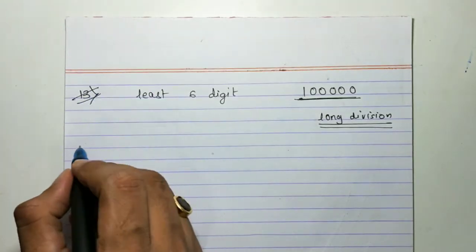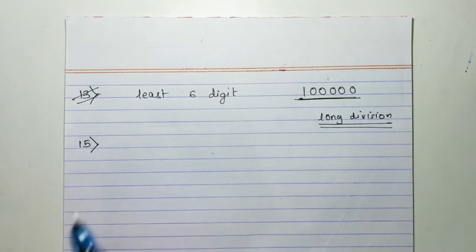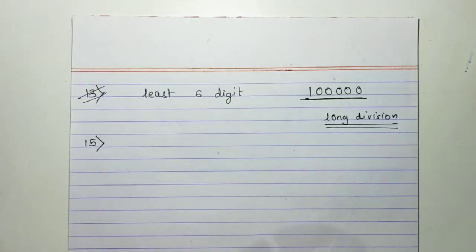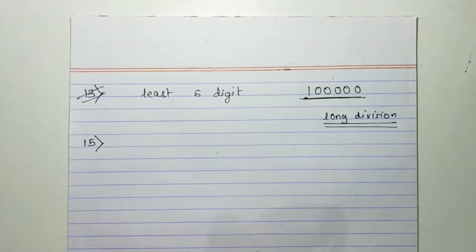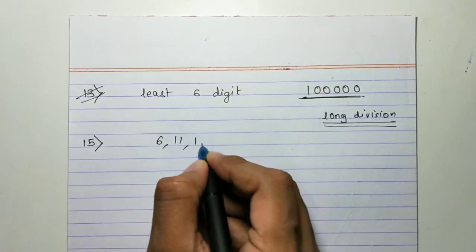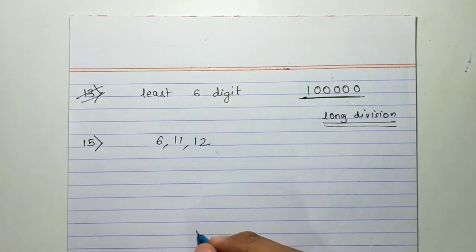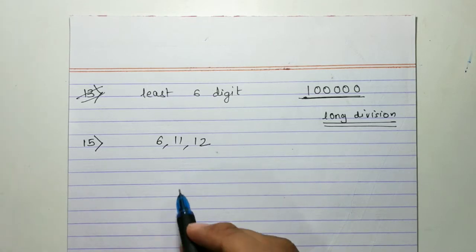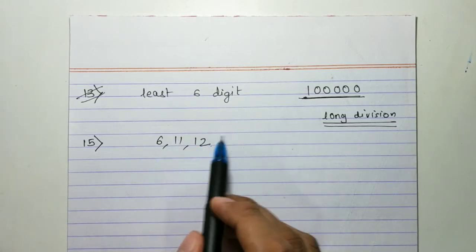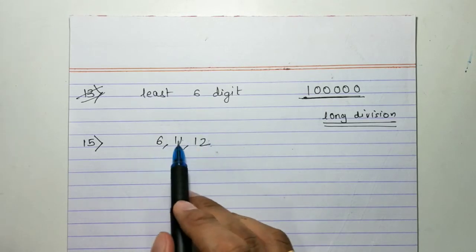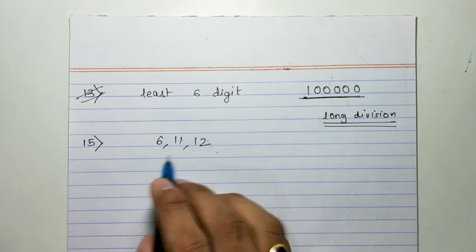I'll come to the 15th sum directly. The sums like question number 15 are already done in exercise A. The 3 numbers are given and we have to find the square root of the smallest square that is divisible by all 3 numbers. एक ऐसा square जो इन तीनों नंबर से divisible है, smallest square. So ये हमने already किया है.